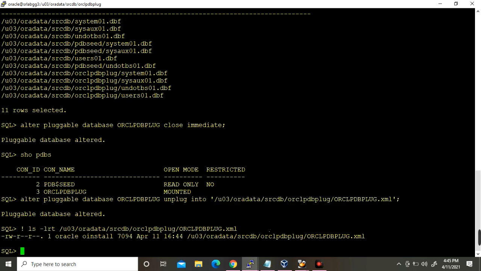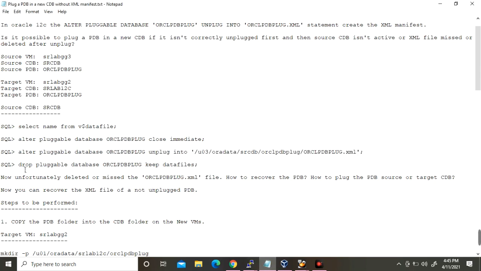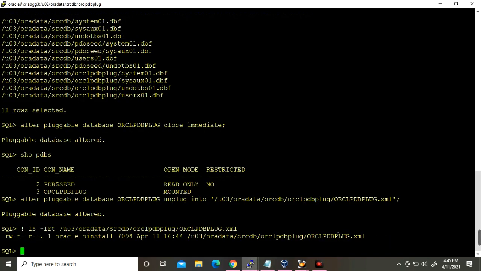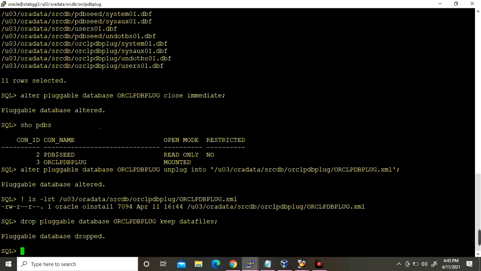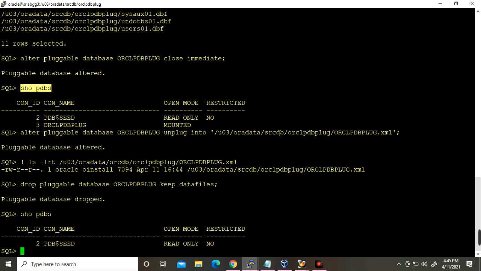So it is there, the manifest XML file is created. After that, I'm going to drop this database on the source side with the keep datafiles option. Drop pluggable database, keep datafiles. So I have dropped it. Now you can check. The pluggable database has been dropped with the keep datafiles option.